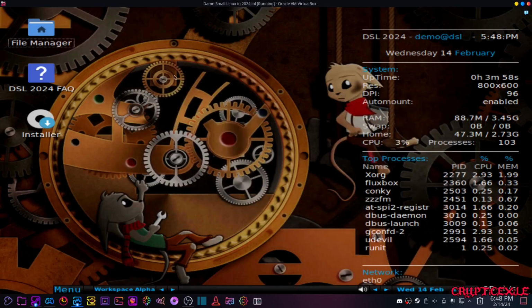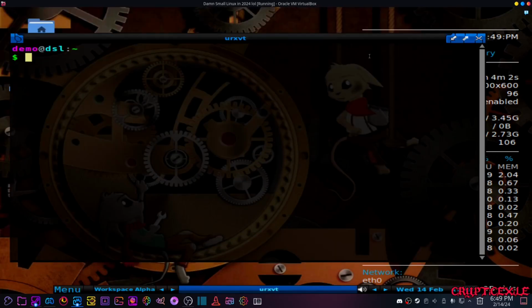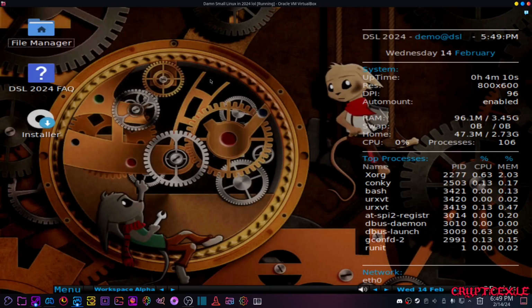Yeah, this looks a little bit better. I really like Damn Small Linux, and I really do like Fluxbox. I actually kind of miss Fluxbox anyway. But yeah, this was pretty convenient, and it was one of the Fluxbox setups where you could have icons on the desktop,